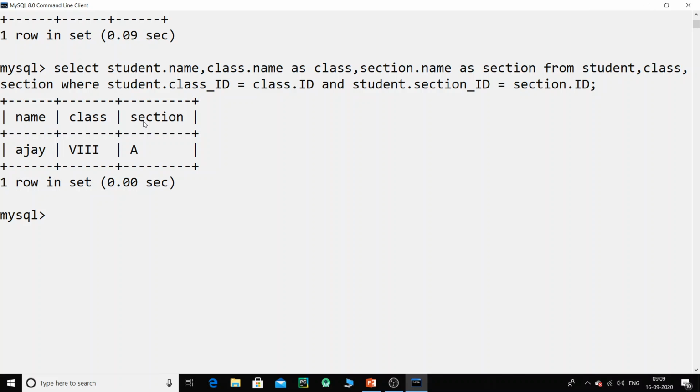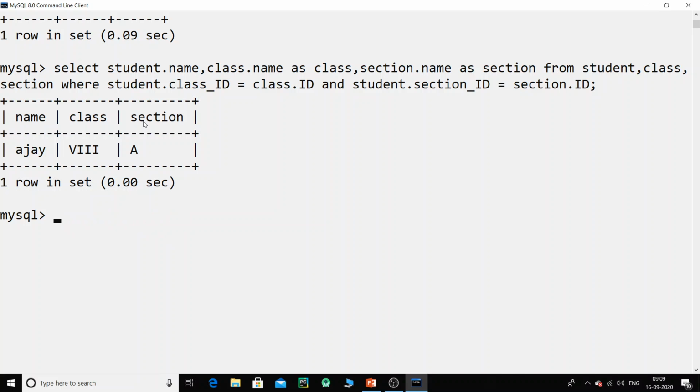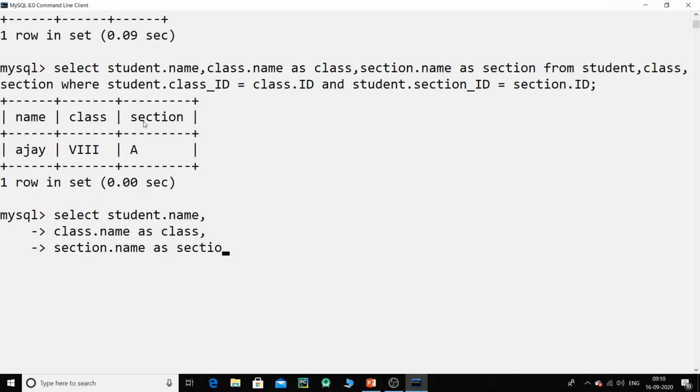Okay, and another way of doing this query, I'm going to show, and it is select, and I will say student dot name, let me give a comma, and let me come to the next line, and I will say class dot name as class, and then I will say section dot name as section. Okay, then I will say from student,